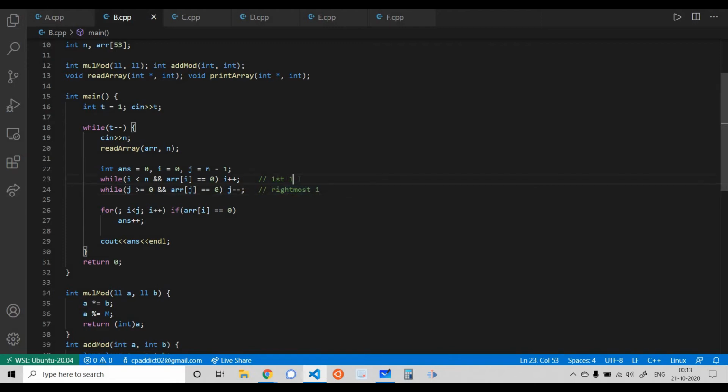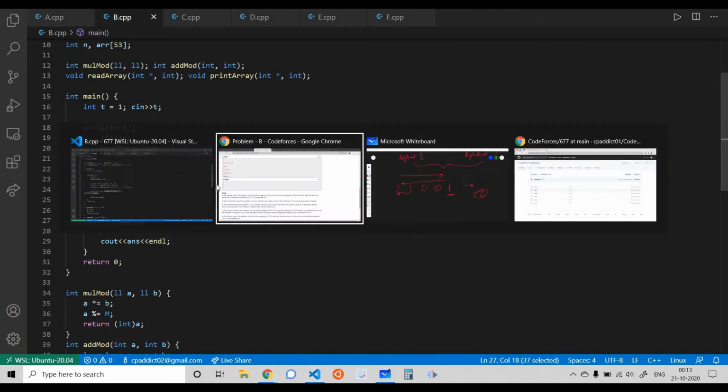This above while loop was for the leftmost one. Then I'm just looping in between that particular range, and I'm finding out the number of zeros in that particular range. Whenever I see array[i] is equal to 0, I increment this. At the end I'm just printing out the answer. That's all for this problem.